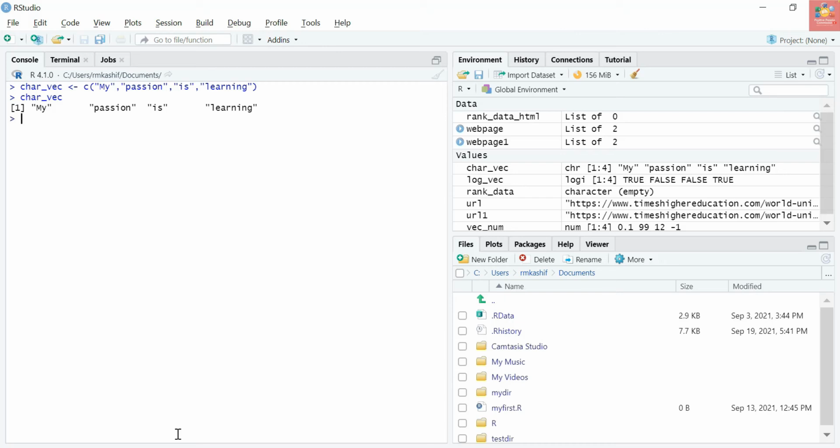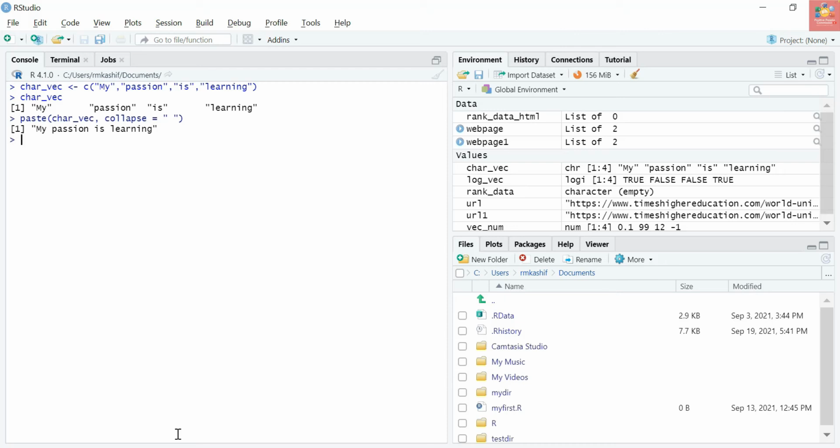And if I want to paste it and specify the space between characters, I can do it with the function paste, character_vec, and I will have to apply the collapse argument and just give a single space, and you can see that now it looks a bit better. My passion is learning. So that's how you can create a character vector in R. And I can also add something to the existing character vector.